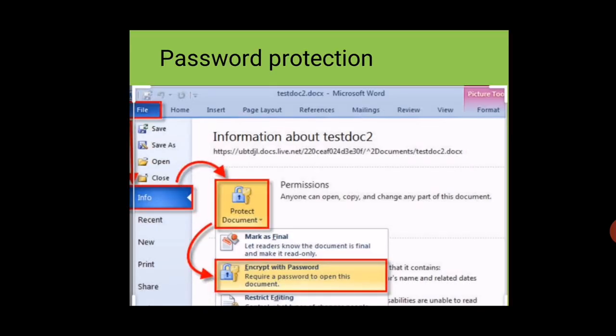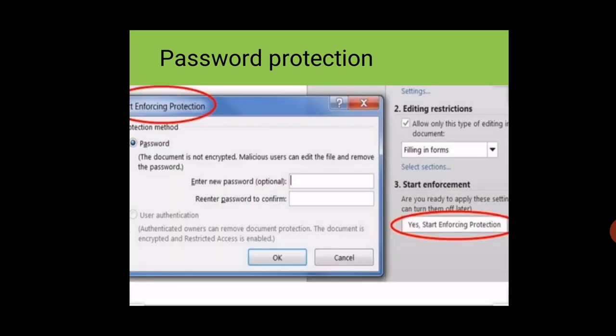Next we will discuss password protection. Why do we use password protection? If you want to secure your data, then you use password protection. First we click on the File option, then click on Info, then click on Protect Document, then Encrypt with Password. After that a window will appear and you write your password here, re-enter the same password, and click on OK.